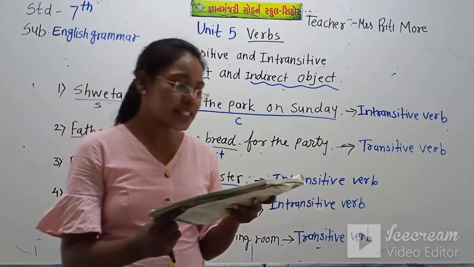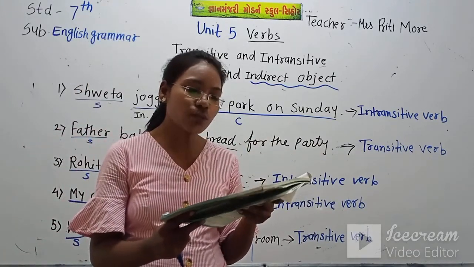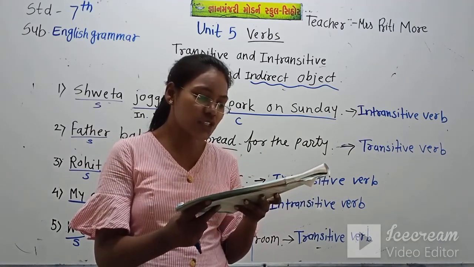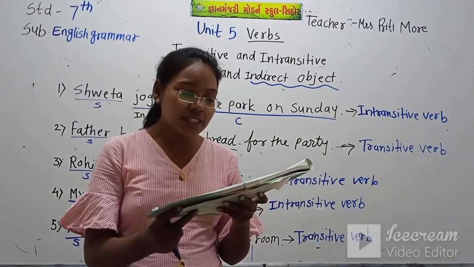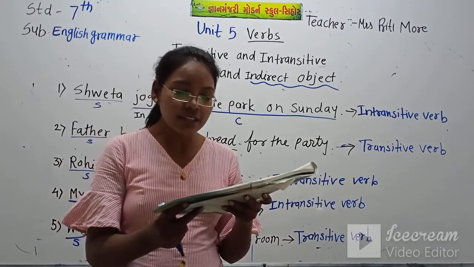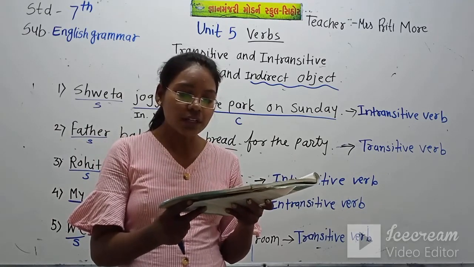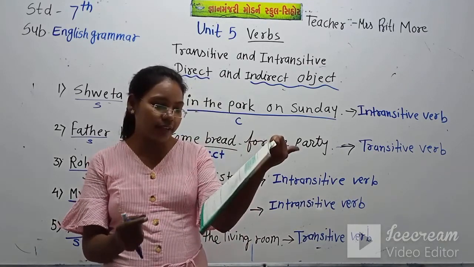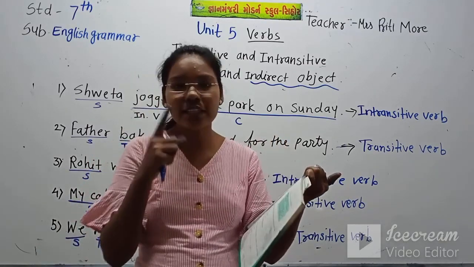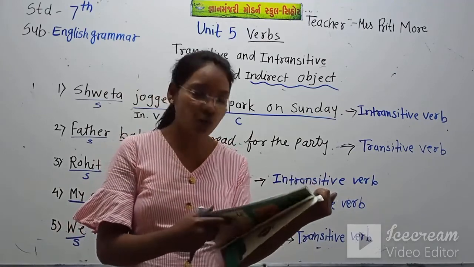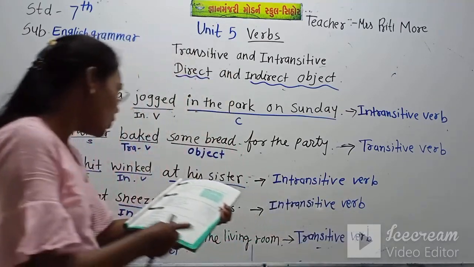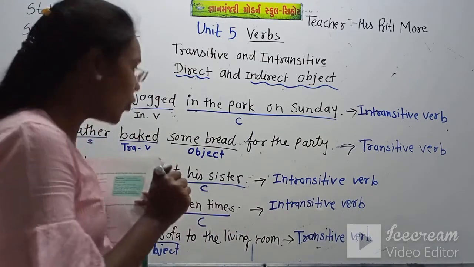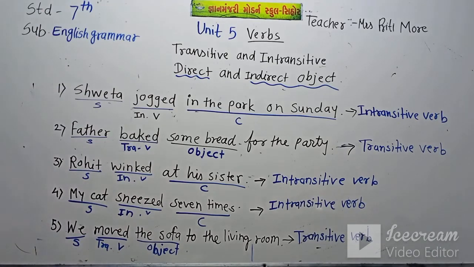What is there in the practice exercise? Underline the subject, verb, object or complement in the following sentences. And in the extension exercise, use each set of words to make a sentence that contains a subject, verb, and a direct or indirect object. That means you have to write the sentence and write first the direct object and then the indirect object. So this Practice A and Extension A exercise is your homework. So I write here the homework.